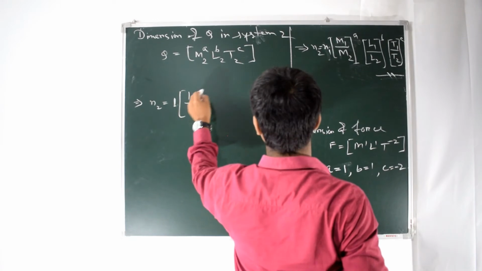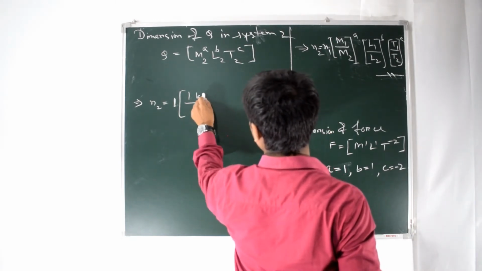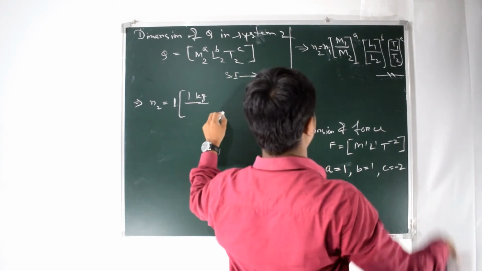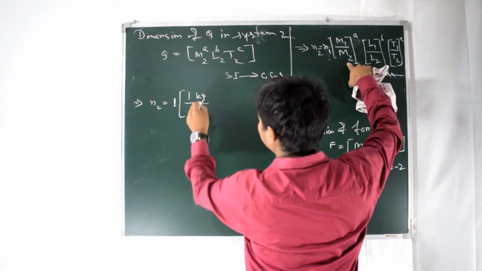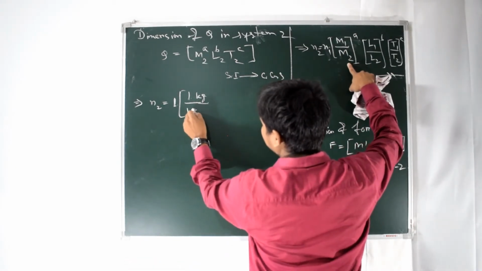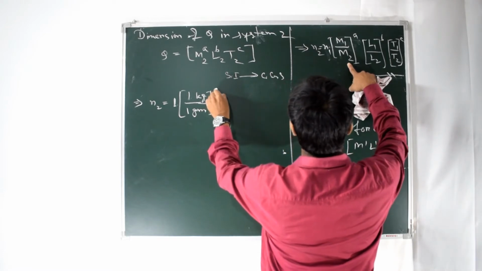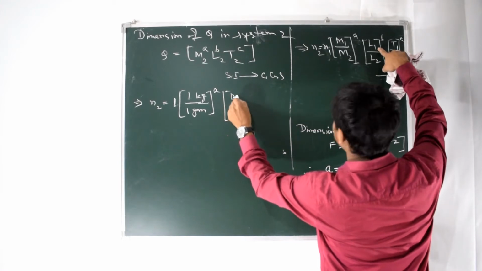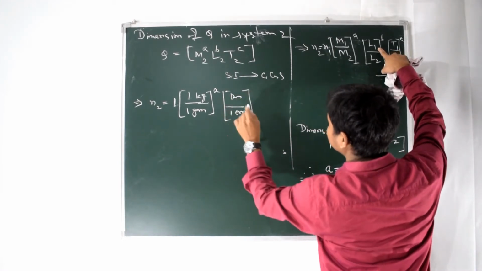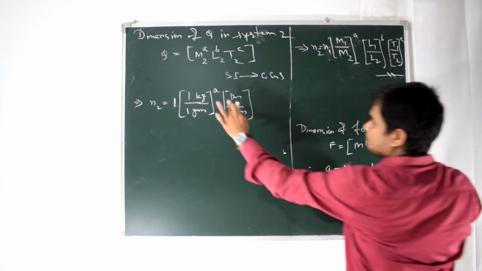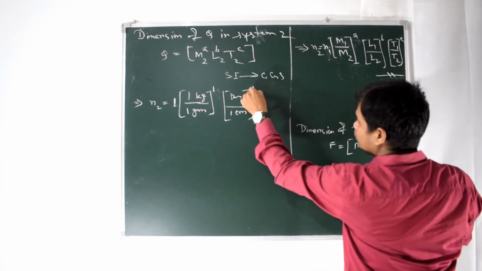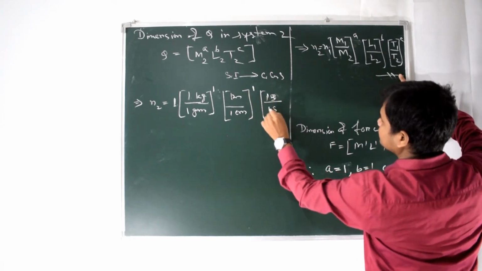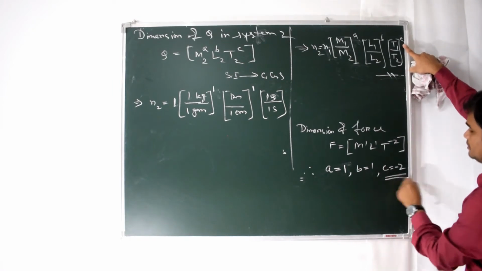M1 is the mass in the SI system, 1 kg, and we are converting SI to CGS, so M2 in the CGS system is 1 gram. Next, L1 length is 1 meter and L2 is 1 centimeter. The value of a is 1, the value of b is 1. For time, 1 second and 1 second. What is the value of c? The value of c is minus